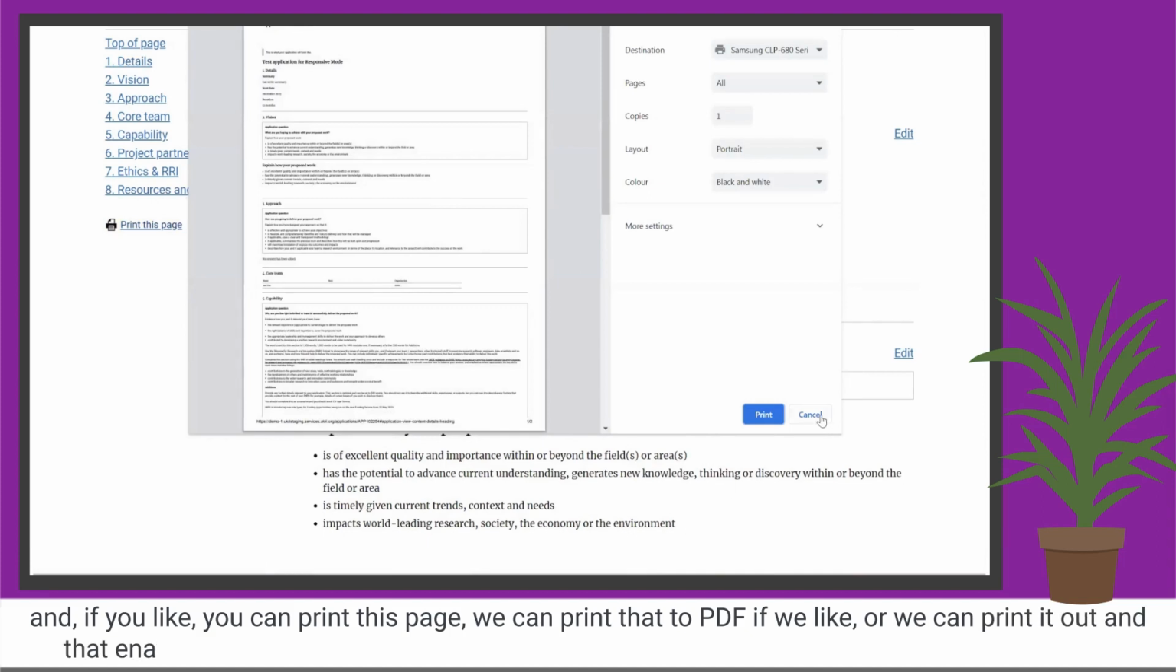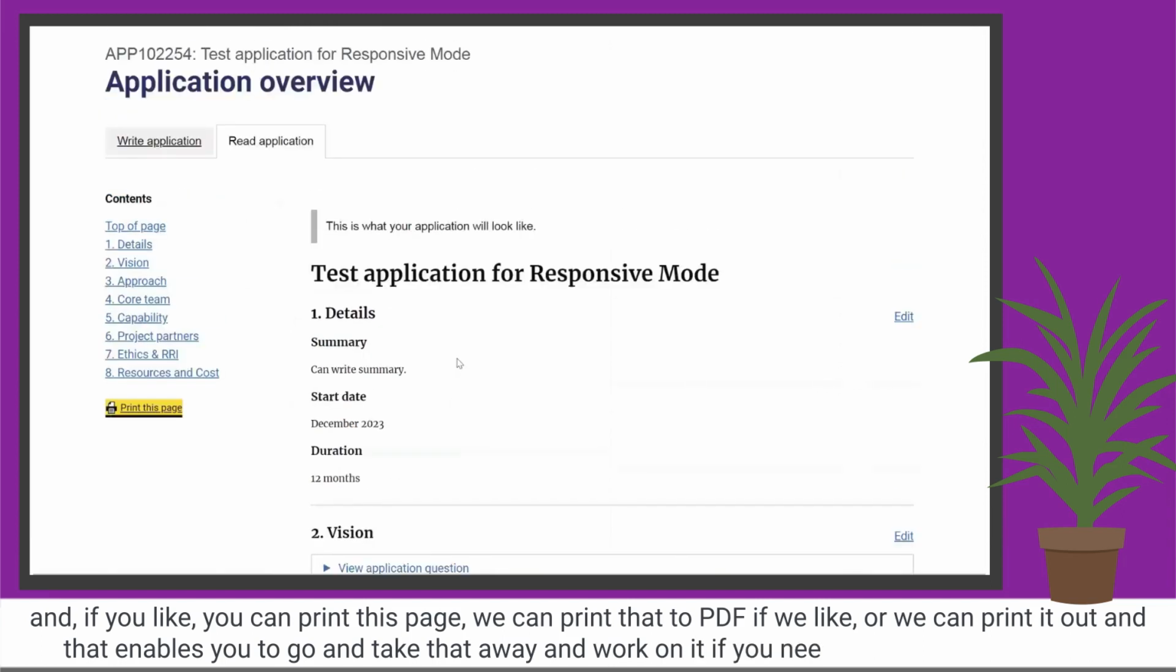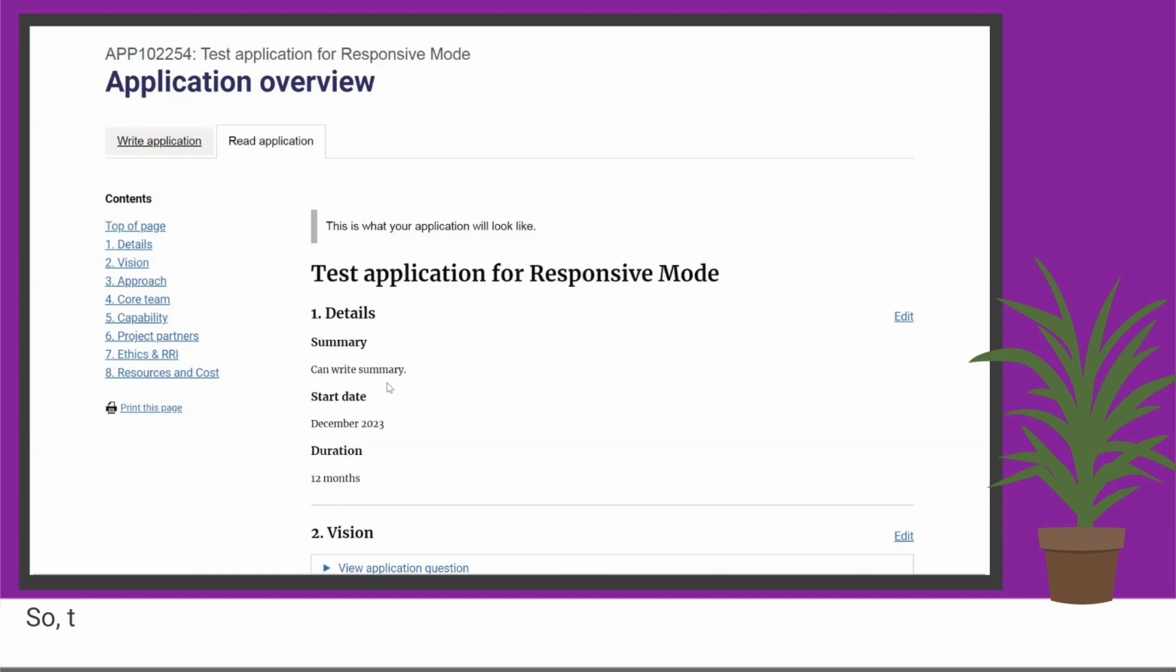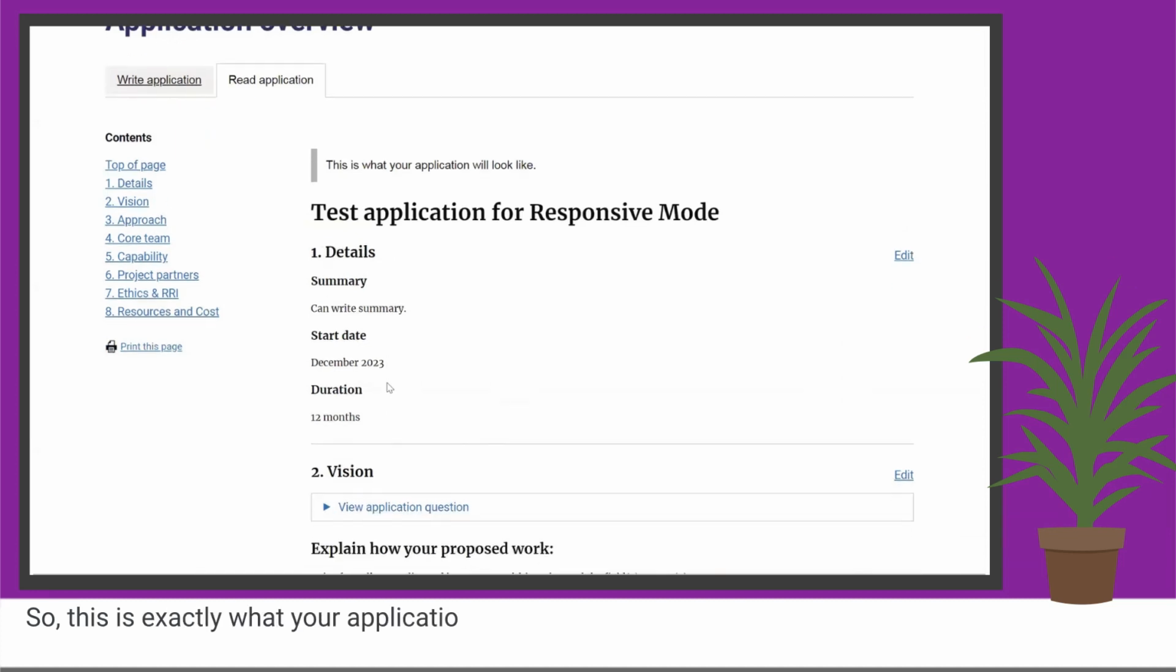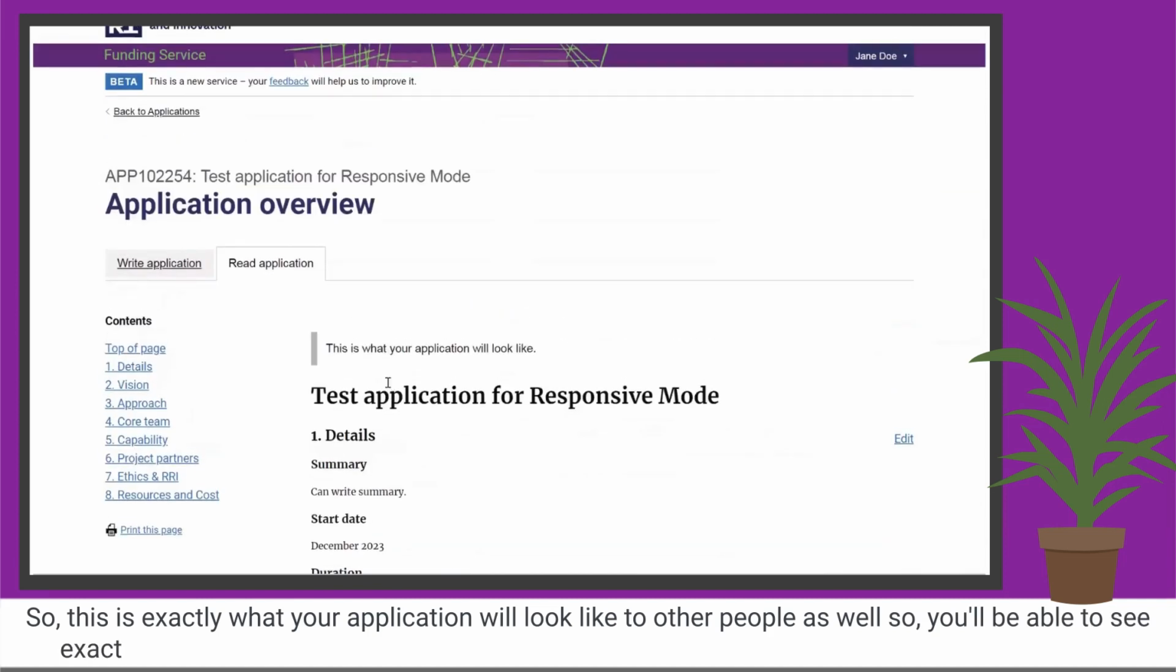if we like, or we can print it out. And that enables you to go and take that away and work on it if you need to, or mark it up as well. So this is exactly what your application will look like to other people as well. So you'll be able to see exactly how it will be presented through expert review, for example, or in a